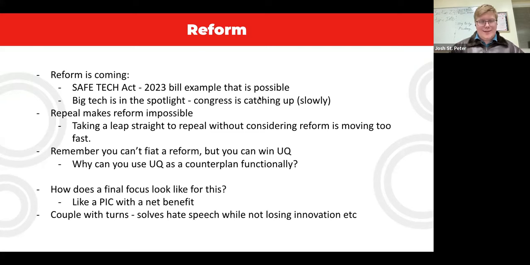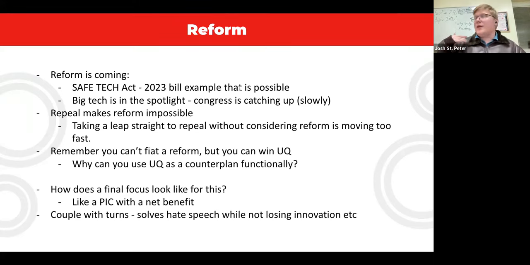Because I'll use a quick example of the idea that you can't fiat a reform. A lot of people on the student debt topic, on the con, try to argue that we can have a partial student debt waiver or a targeted student debt waiver in some way where we could see, I think, a different bill. No. Actually, I'll look at that question later, sorry.